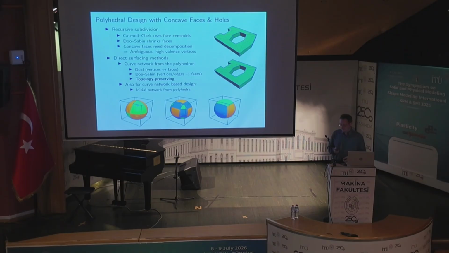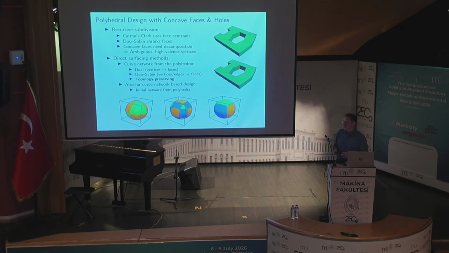What is normally done is that these complex faces are subdivided into triangles or a collection of triangular and quadrilateral faces. But these kinds of decompositions are ambiguous and may create high valence vertices that diminish the quality of the surface. But there is another approach to polyhedral design, which is to create surfaces directly by first creating a